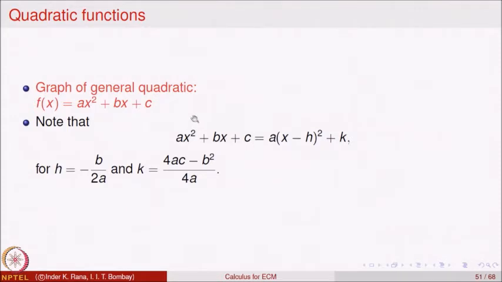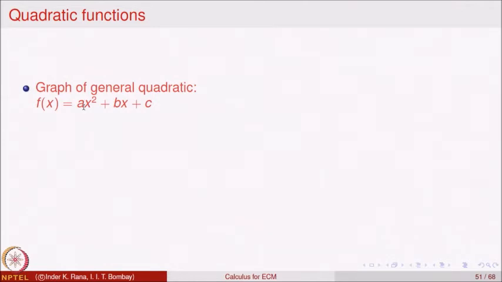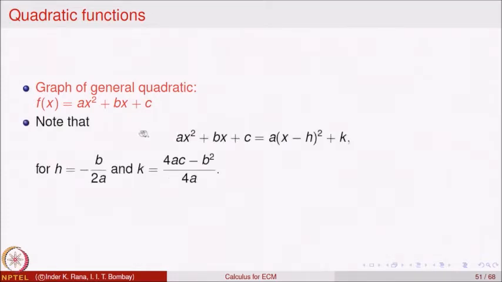So, graph of the quadratic. Okay. For a general quadratic, we looked at the graph of the quadratic when a was 1, say, b is 0, c is 0. What happens if b and c are not 0? How do we plot the graph of the function? Well, what we are going to do is bring this equation a bit similar to our equation of y equal to x square, and then suggest a graph of the function. So, for that let us observe that a x square plus b x plus c, we want to write in the form of a multiplied by (x minus h) whole square plus k.